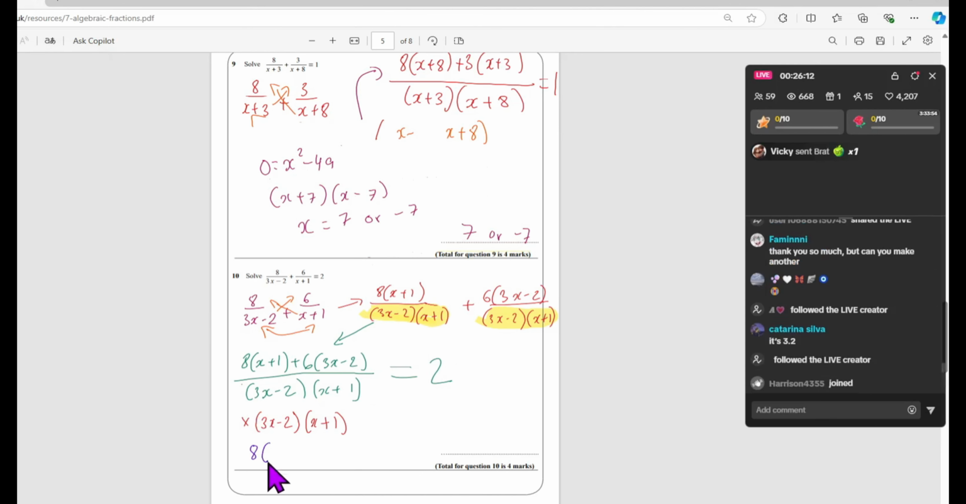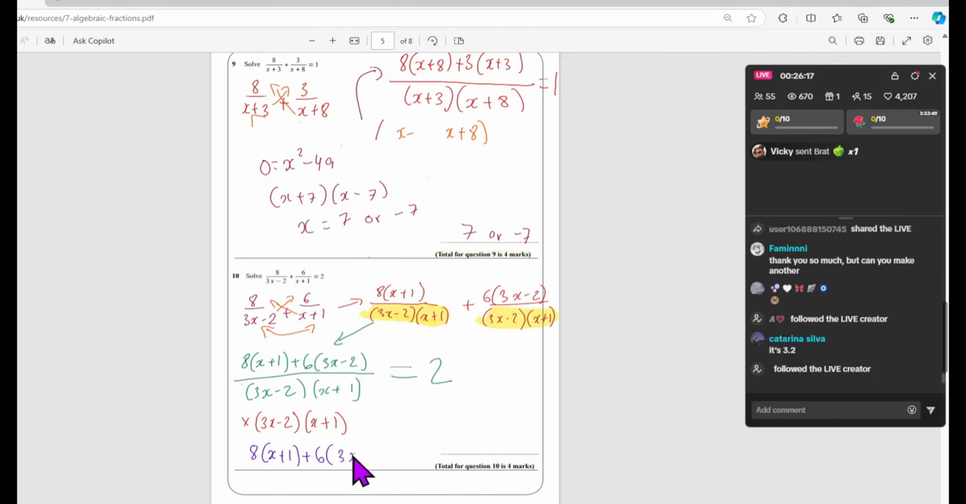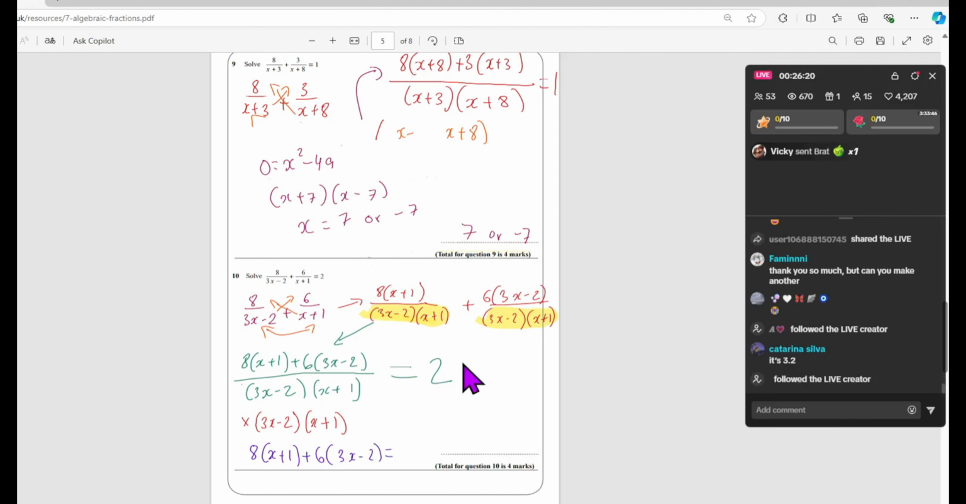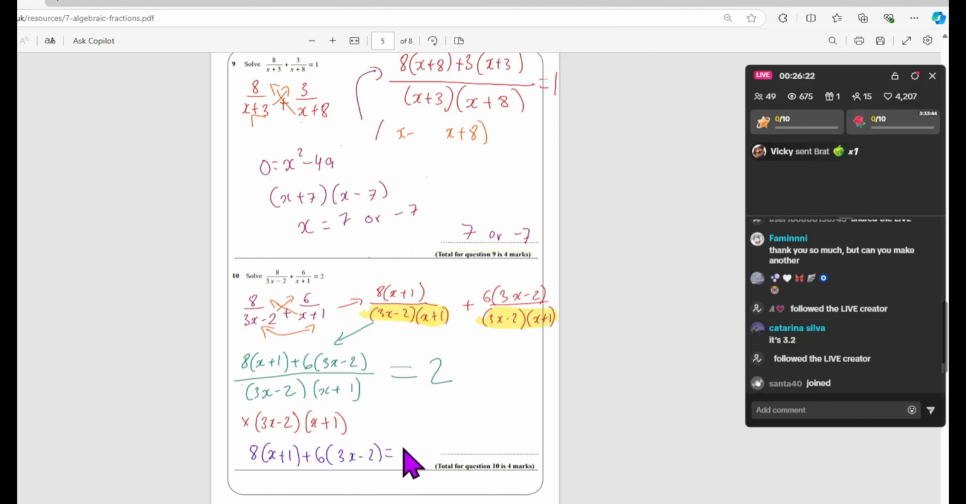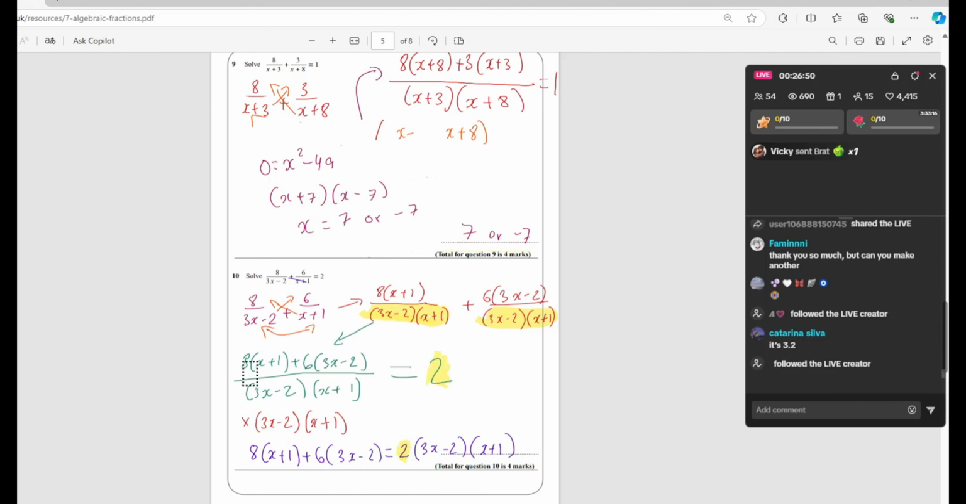8x plus 1 plus 6, 3x minus 2 is equal to, don't forget about the 2. The 2 is there for a reason. 2 and then these two brackets, 3x minus 2, x plus 1. Okay, now this is our brackets. This is our equation with no denominator. Okay, we got rid of the denominator, and always, always, always don't forget about the number which is on the other side. For example, this 2, never forget about that, because if you forget about it, then you get a completely another answer. Okay,